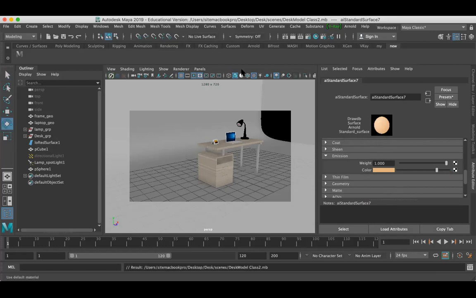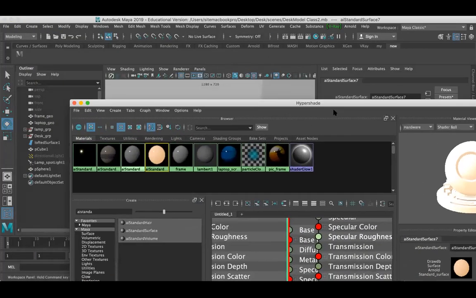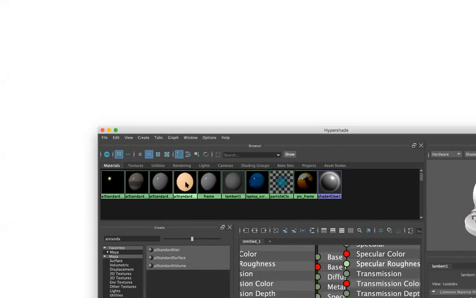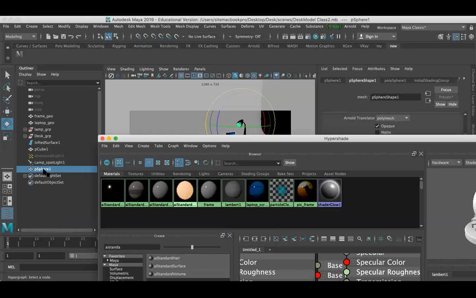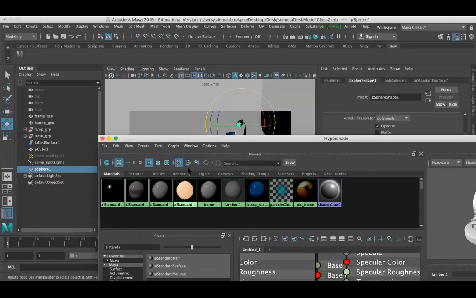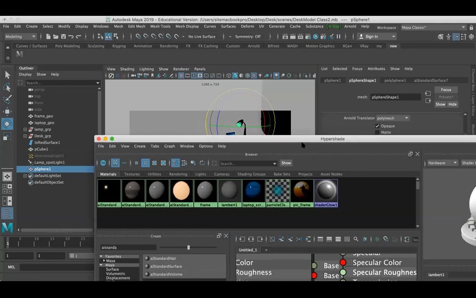Now I want to open my Hypershade. You can see a ball kind of icon here. This is a material. If you open it, your object will be open. Now select the sphere, this is the object we created. You can see here, this is the material we created. It looks like orange color, right? First you have to select the sphere, right click on the material, assign material to the selection. So I have assigned this material to the sphere we created.